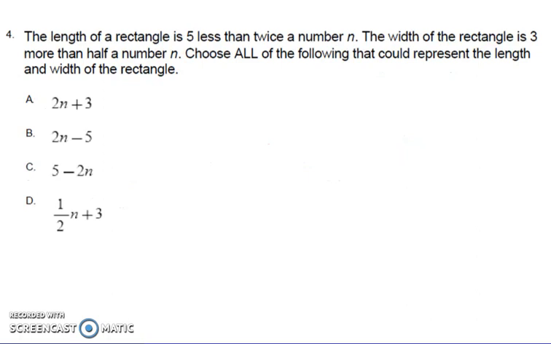The length of a rectangle is 5 less than twice a number. The width of a rectangle is 3 more than half a number, n. Choose all of the following. And that's important. Choose all of the following. So if you did not choose everything, you were automatically wrong. So if we start with the length,